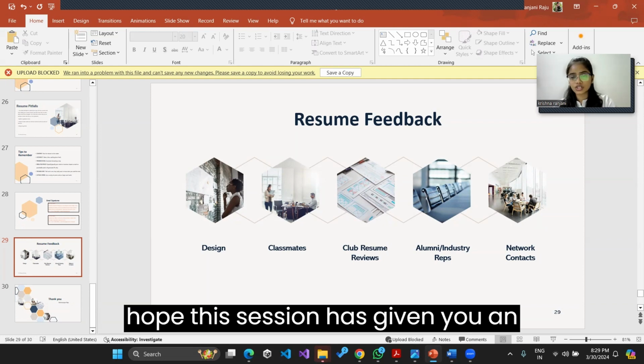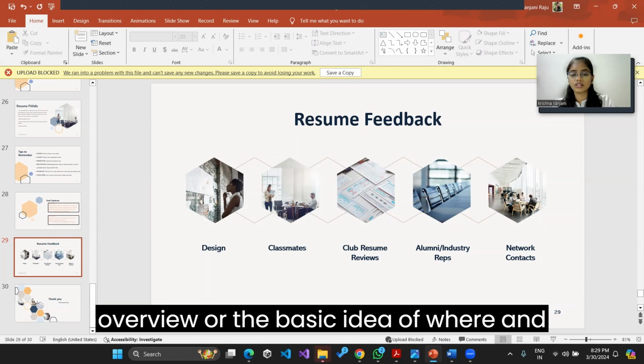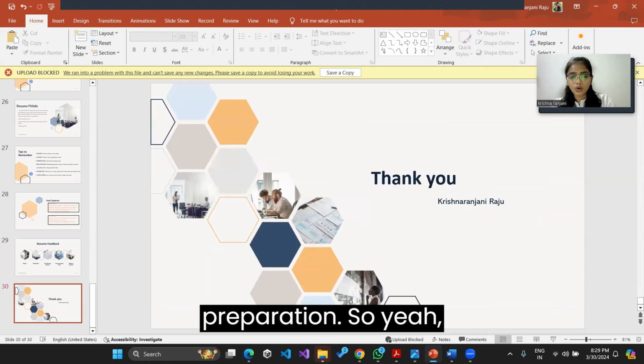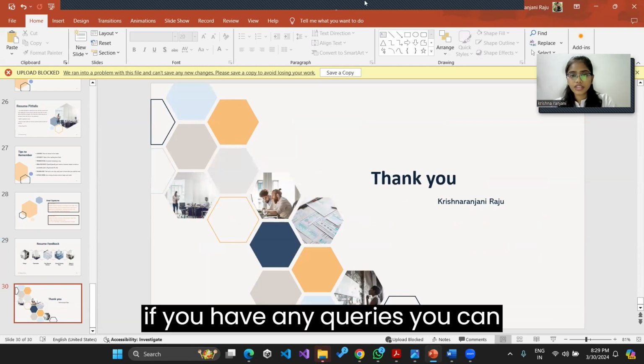I hope this session has given you an overview or the basic idea of where and when to start with the resume preparation. So yeah, if you have any queries, you can